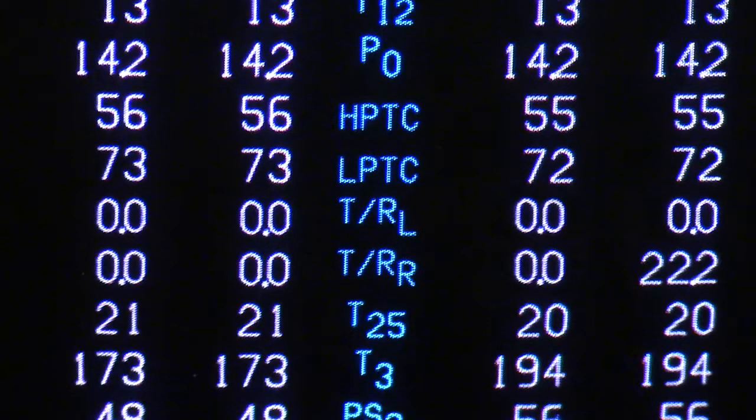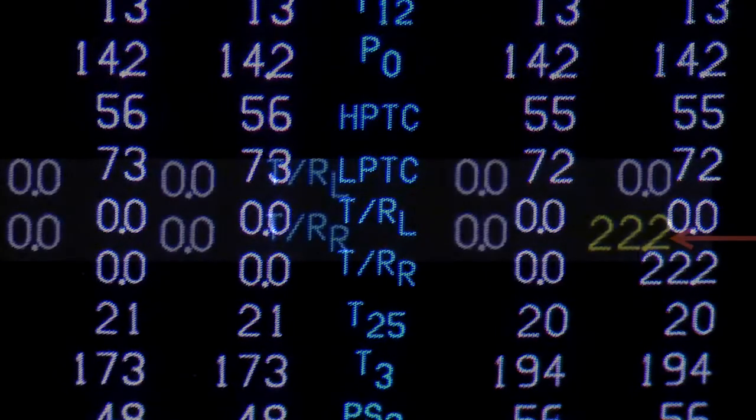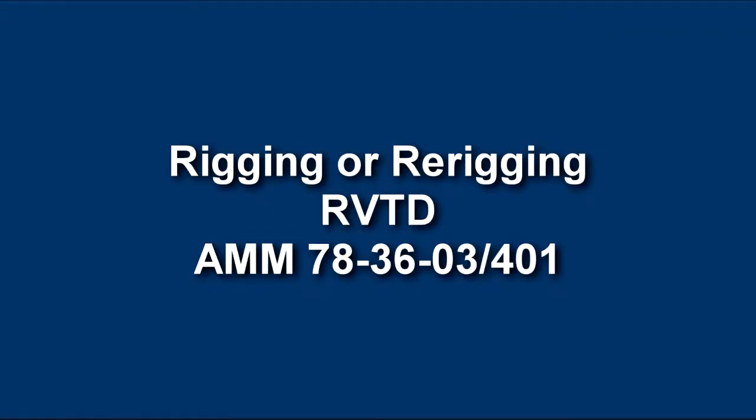We're at the EPCS page. You're seeing exactly what the EEC is seeing. We're looking at the right engine and the thrust reverser on the right side. It's showing 22 degrees. It thinks it's open. That's why the EEC is not allowing the engine to make full thrust. To rig or re-rig the RVDT, consult the Maintenance Manual